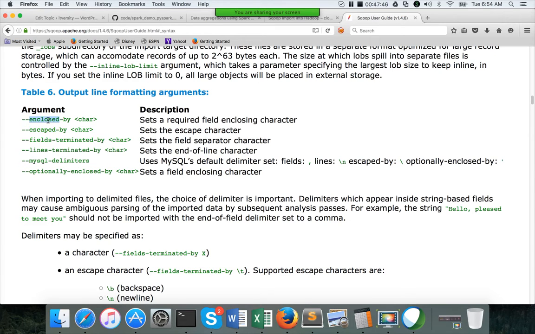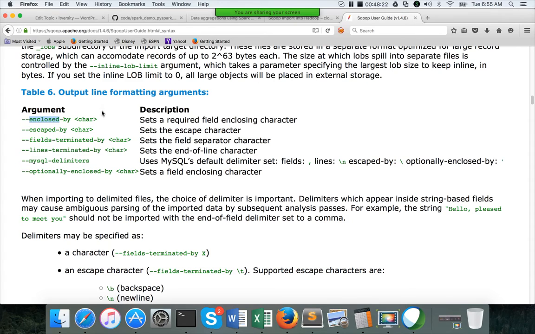And enclosed by is if the delimiter is within the value, and you want to enclose it with double quotes, then you have to use enclosed by. Enclosed by will enclose all the columns in the table. If you want to enclose only if there is an issue with the data, then you have to use optionally enclosed by. Typically, we don't use these things. Instead, we use delimiters such as null characters so that we don't run into issues with data quality.